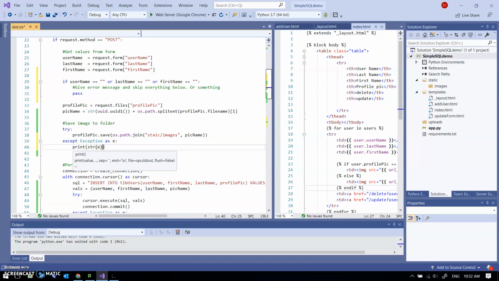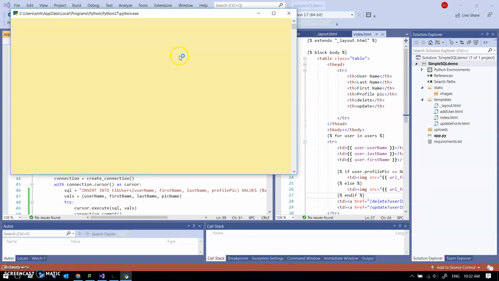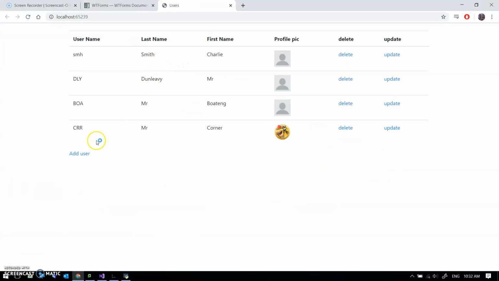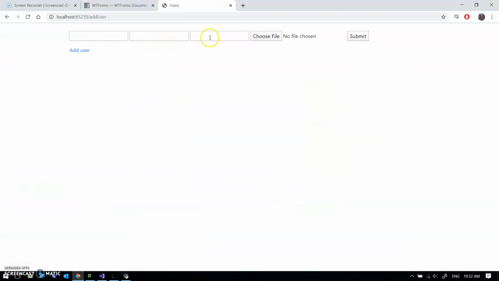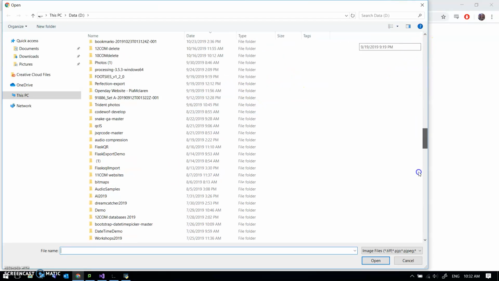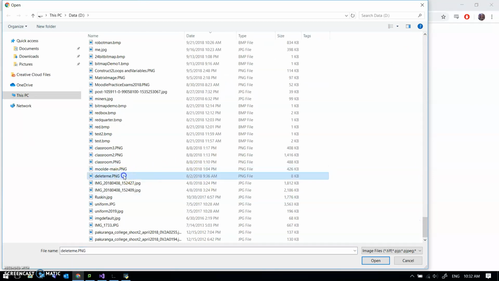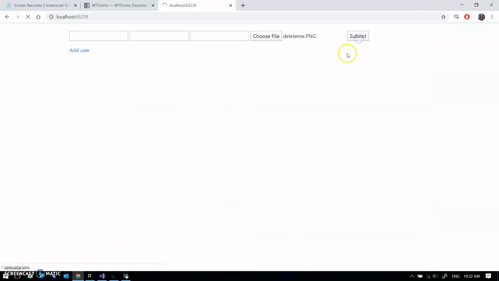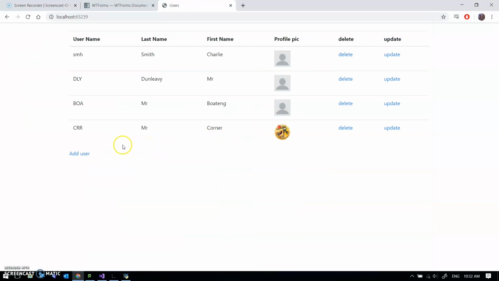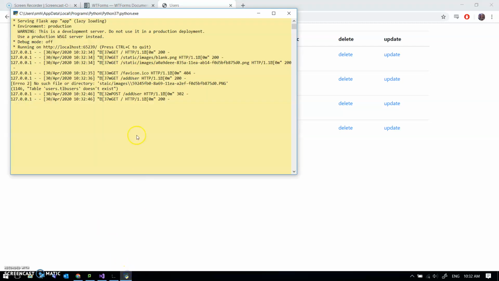I need to convert it to a string, and if I hit go on this one now and try and add a user, I haven't done anything with the blank, so I'm not going to bother. Choose a file, find a file, an image, delete movie.png. That's the one. Submit. So it didn't do anything. I remember why. That's because I've also got another error later on, which I'm going to show you in just a second. But we can see up here, it says